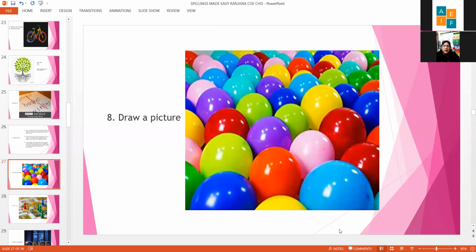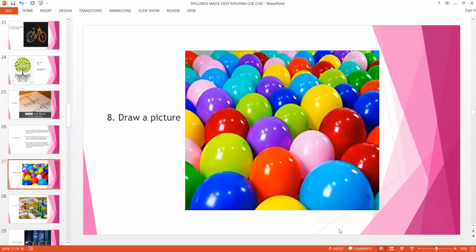Balloon. So how would I teach a child the spelling of balloon? There are two O's in it. That means there are two balloons. And the thread which holds the balloon, those are the two L's here. So this way, you can draw it on the board. The child can draw it. And in the O's, he can make a small face. And this spelling, he would remember. And obviously, when the exam gets over, the spelling would still be retained in the mind of the child.